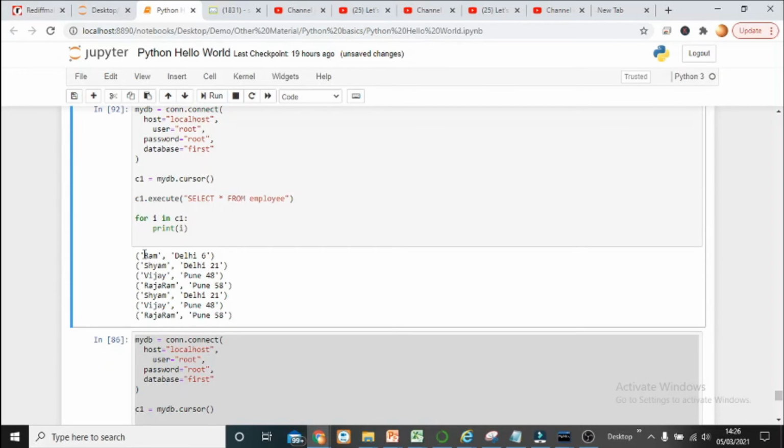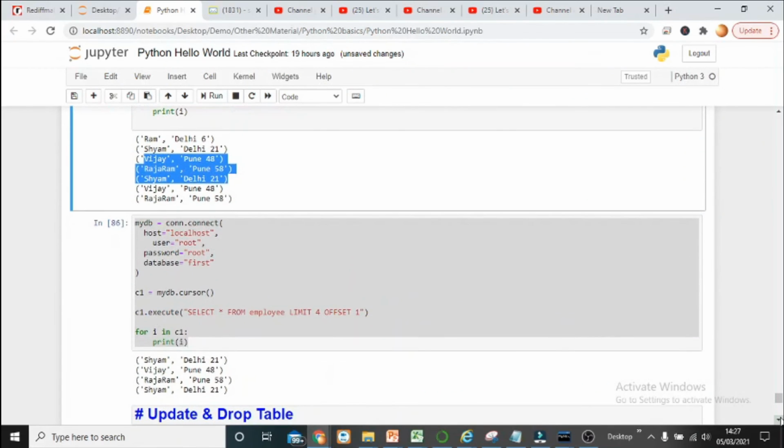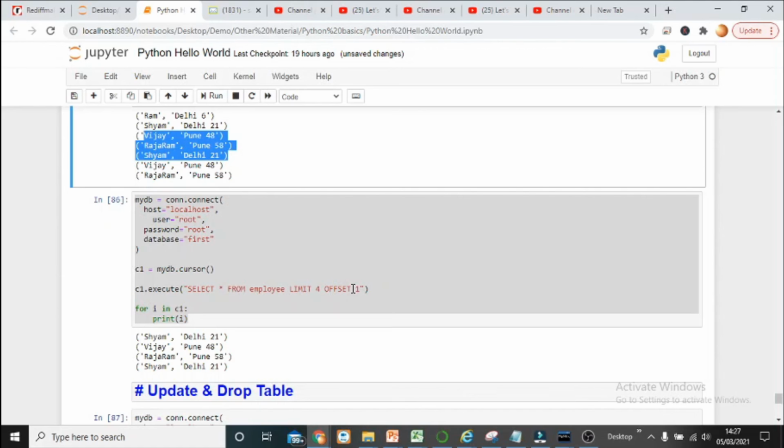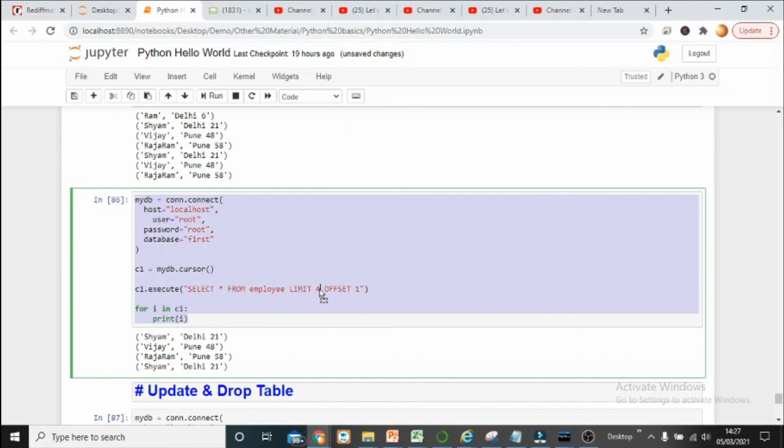Now if you apply limit equal to 3, the top 3 records will be shown to you, or with limit equal to 4, the top 4 records will be shown. But say you do not want to pick up records starting from the very beginning. You want to start selecting from maybe the second record or third record, starting from the second record and picking up 3 records after that. If you want to do this, you can use limit with an offset added to it. So what I am doing is again selecting 4 records, but with an offset of 1. That means starting from location number 1, select 4 records after that.